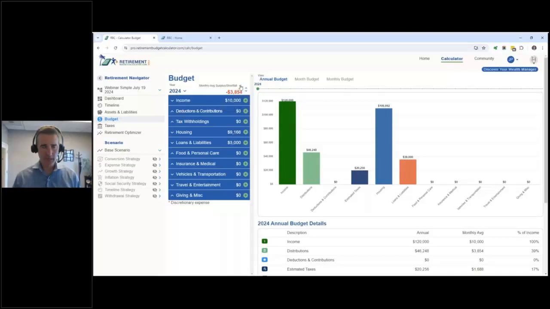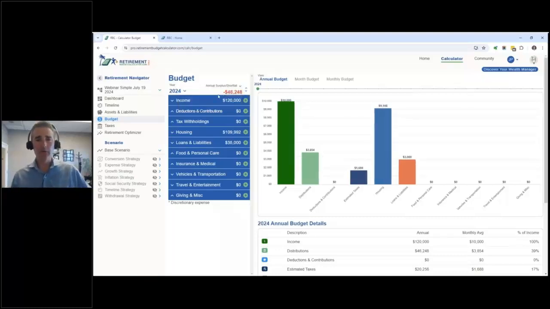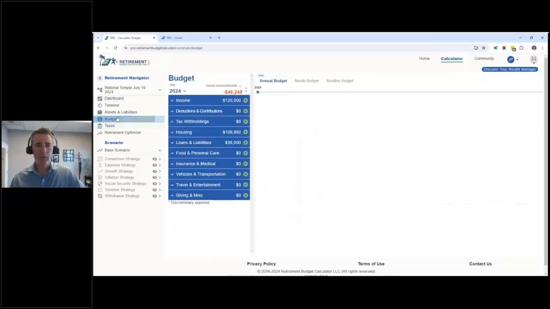So you can see how big of a deficit you're running every month. Most people will be running a deficit. Some of you won't. Some of you have really good guaranteed income in retirement. But okay, so now once we get the budget in, coming back to the budget,